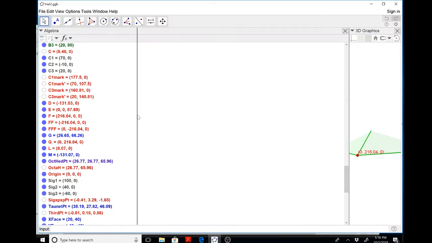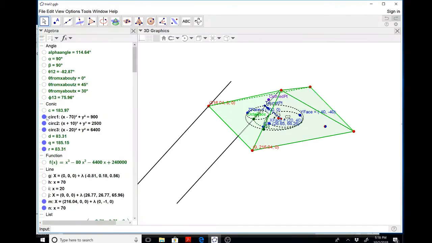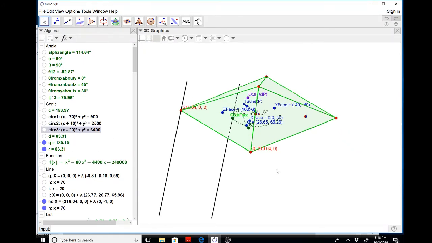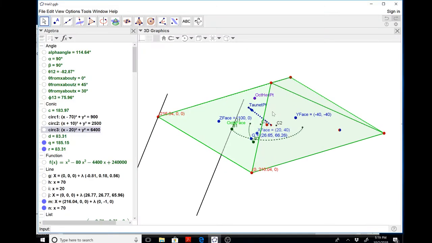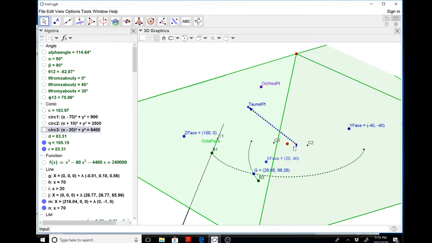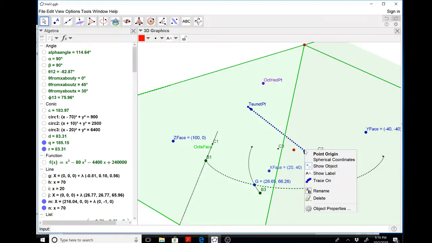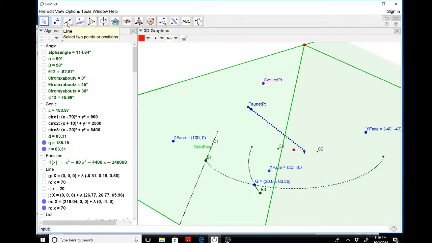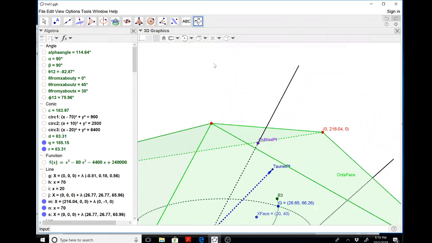So let's take a look at that. Let me hide the circles here so we get it a little bit cleaner. And hide, and there's my arcs. So there's my octahedral point, and then what I did was I drew a normal from the origin through the octahedral point. So where's my origin? I think that's my origin, right? All right, so I'm going to draw a line from the origin through the octahedral point, and then I created that surface, which you see is